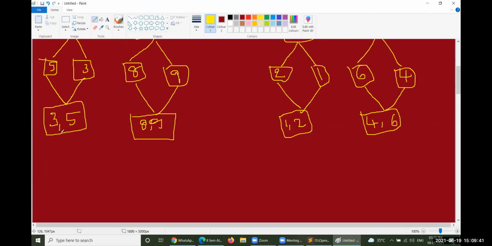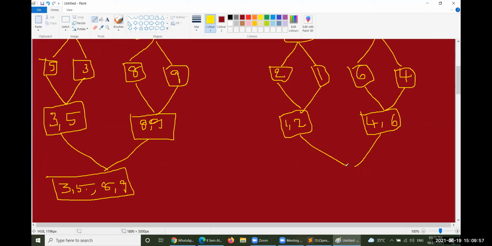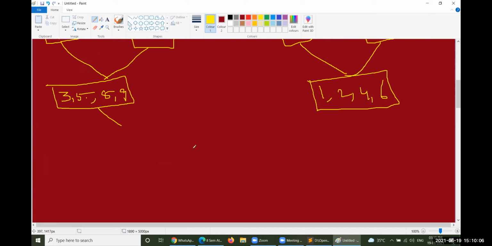Then it could be combined again by comparing each and everything. So 3 comma 5 comma 8 comma 9 is the sorted list which is available with us, and here the sorted list will be 1, 2, 4, 6. Two sorted lists of equal size exist. Then finally these two will be combined, and you have to apply